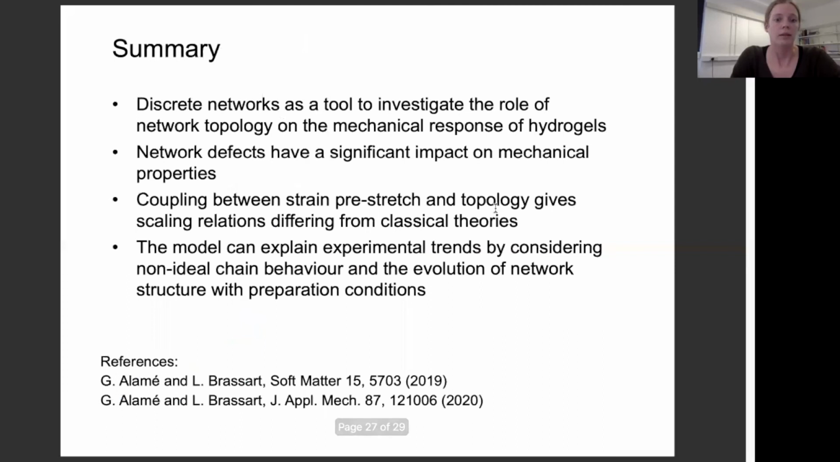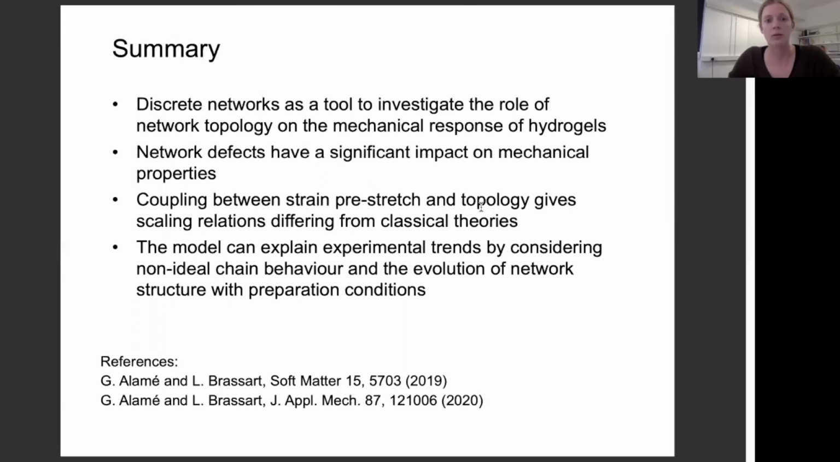So that's the end of my talk. Basically, as a summary, we have implemented this random discrete network as a computational tool to look systematically at the effect of various network parameters on the mechanical properties. And the main thing is looking at the effect of reaction efficiency and loops, which has not been so much investigated before. And there is indeed a big impact of loop fraction on the mechanical properties. The main argument to rationalize these effects is via the pre-stretch. So we think this is an important parameter